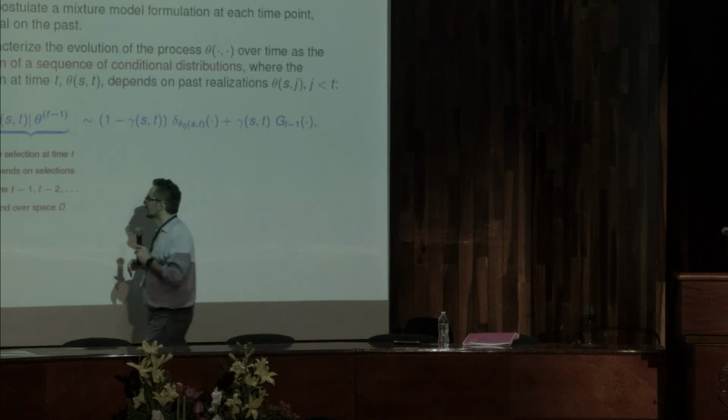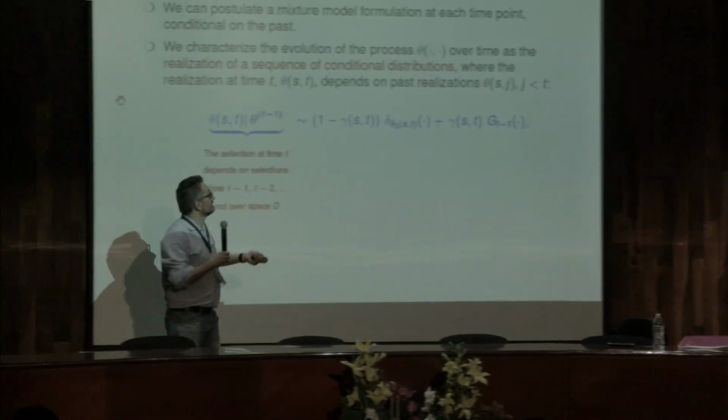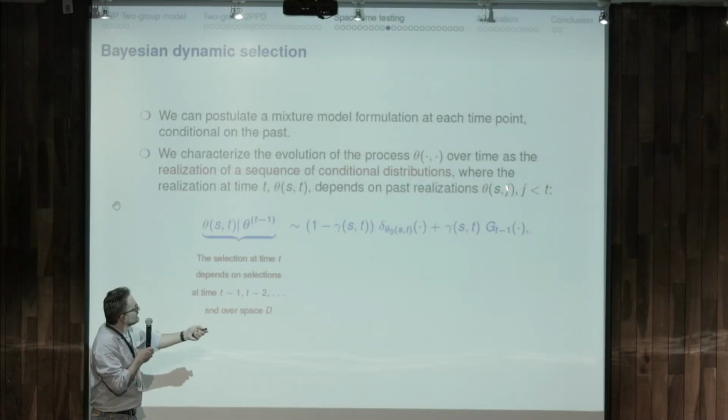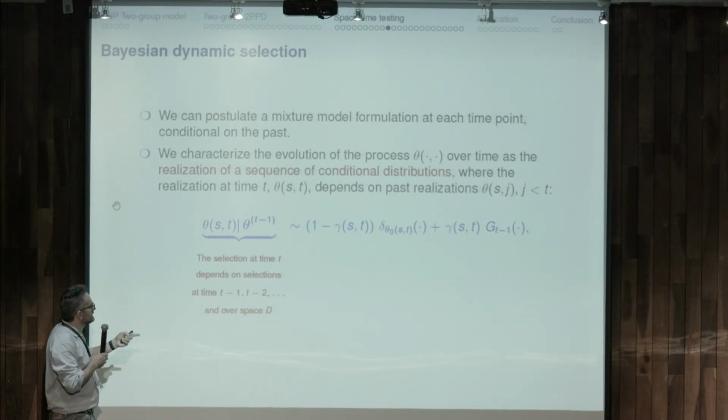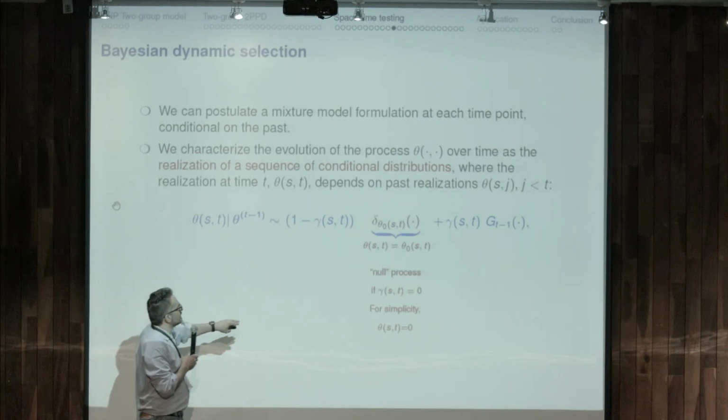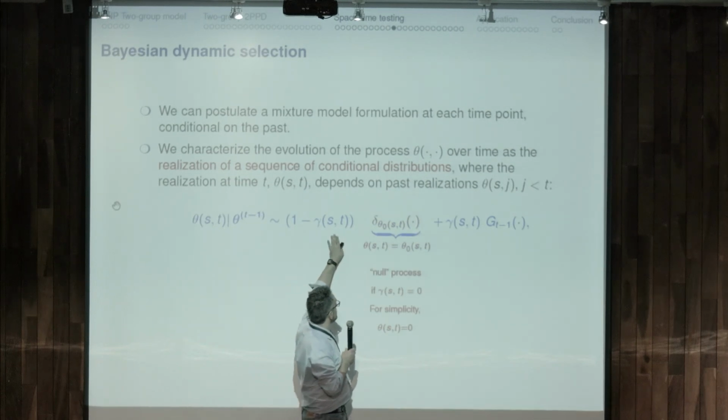And we can do this by, again, using, in this case, a two-group mixture formulation, which is time-dependent and possibly also spatially dependent, by which the selection at time t can be either, with some probability, driven by the process gamma st,